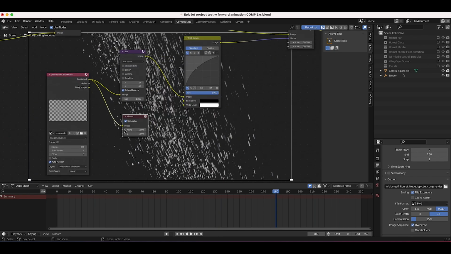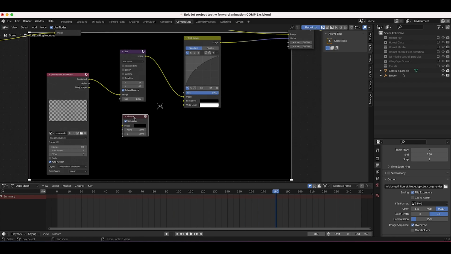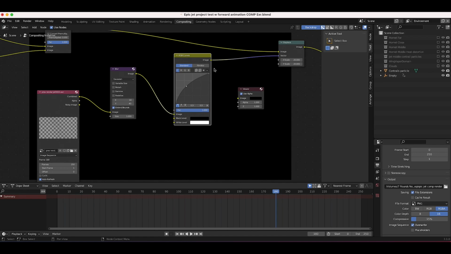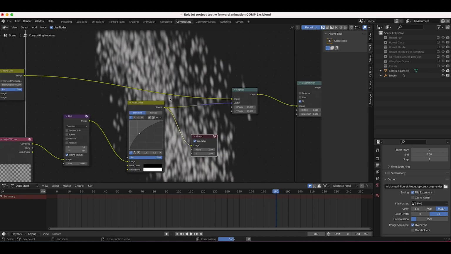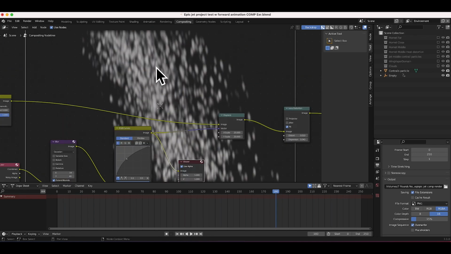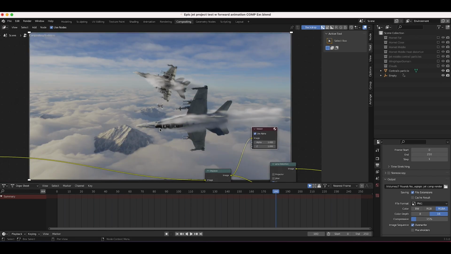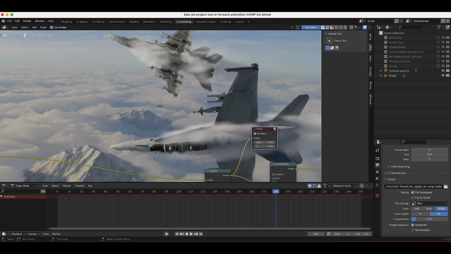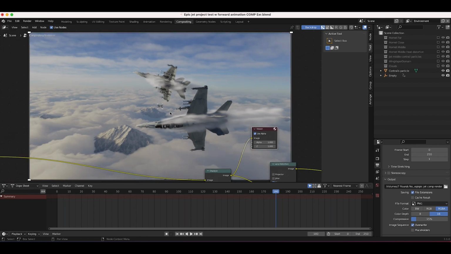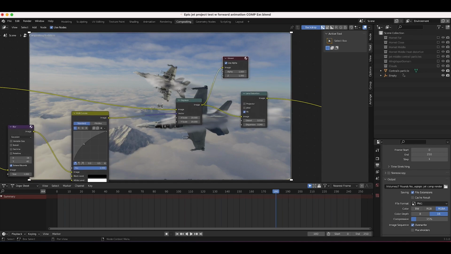But very simple way to add some heat distortion. So I've just blurred it a bit, added a little bit of RGB curves, and created this type of input for our displace node here. Now you can see once we add this on top of our final composite, we get something like this. Now if you zoom in, you can see the distortion here that's being applied through that displace node. So just a nice little way to add an extra touch